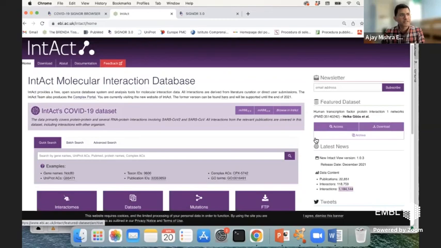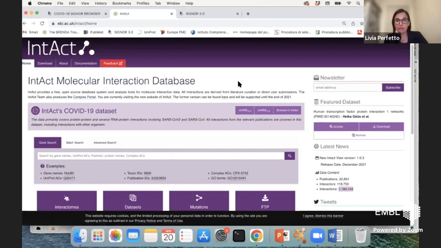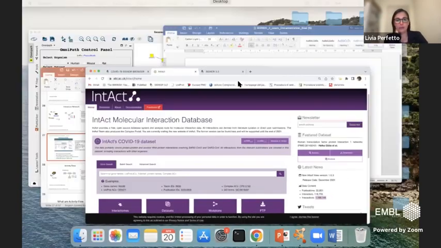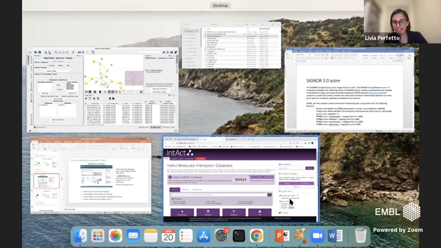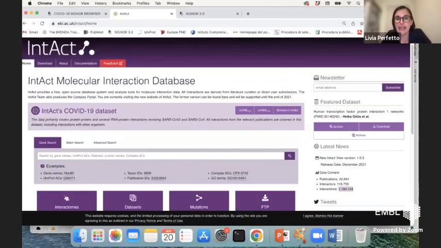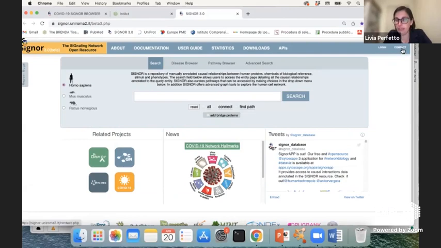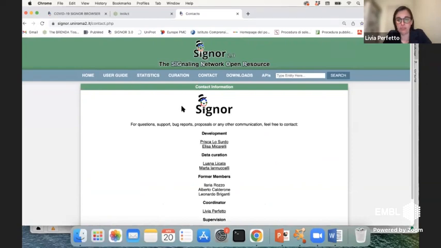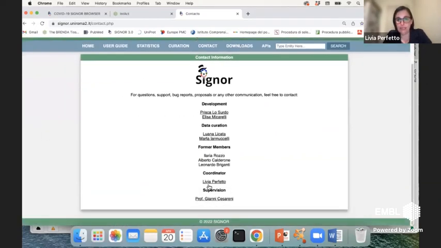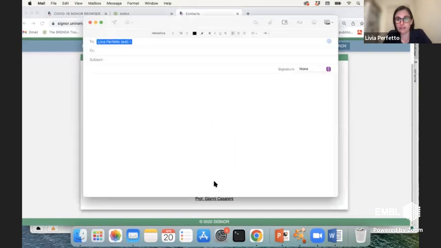Great. Okay, so this is going to be the last question. If there is no path between 2 genes at SIGNOR or pathway, can we add it? And if so, how? Yes, any submission is more than welcome. Any suggestion, please add this interaction. So you can use the contact here, or, well, the report back perhaps is not the best, but you should be able to drop me a line,